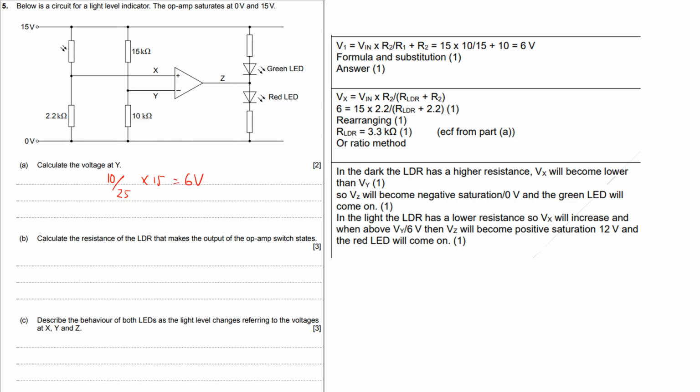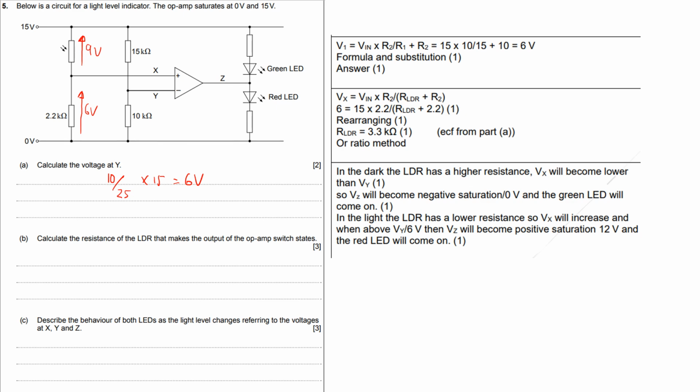Okay, and then the resistance of this LDR here. Well, if we know when it switches, we know it switches when X goes past Y. So if you've got 6 volts there, you have 9 volts there. I can look at that by ratios. I know that this is going to be 50% higher, or in this case it'll be